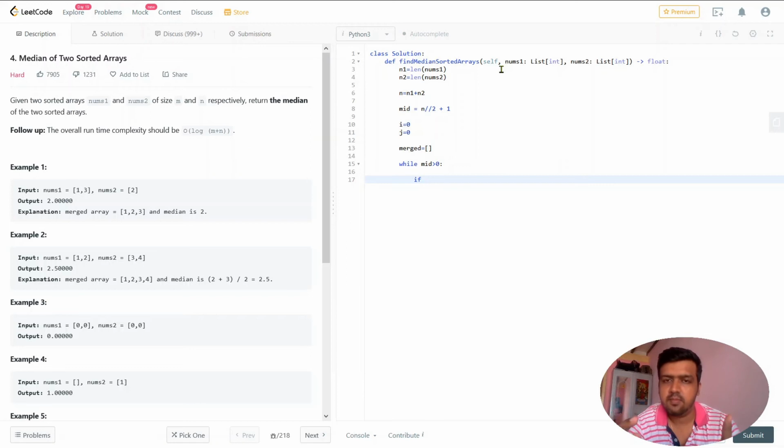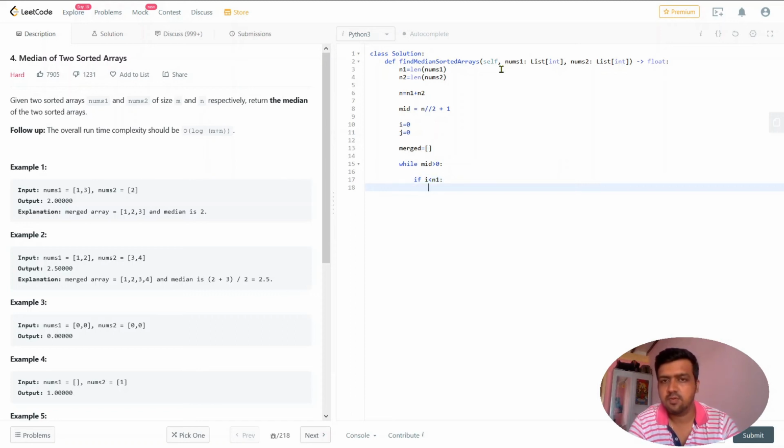At one point of time, it might happen that we have completely included one of the arrays, and the other array is left with some elements. Then at that point, we will directly append that whole array into the merged array. So for that, I have to check if i is less than n1.